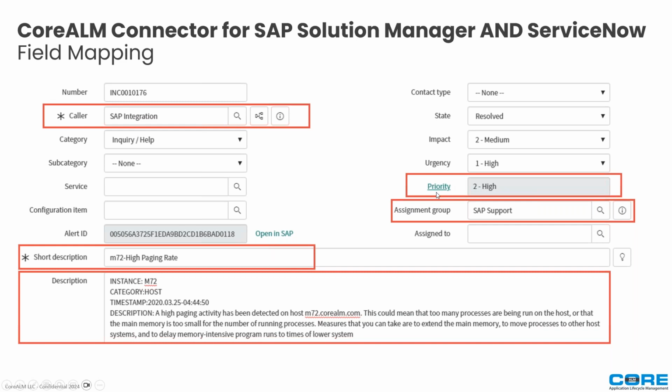Then we have the priority, and we can talk about this priority in the next slide with some of the more advanced features that we have. But we have the priority and then the assignment group. These two items are very important because in this case we have an incident assigned to the SAP support group. But as customers deployed the solution and they used it more and more,